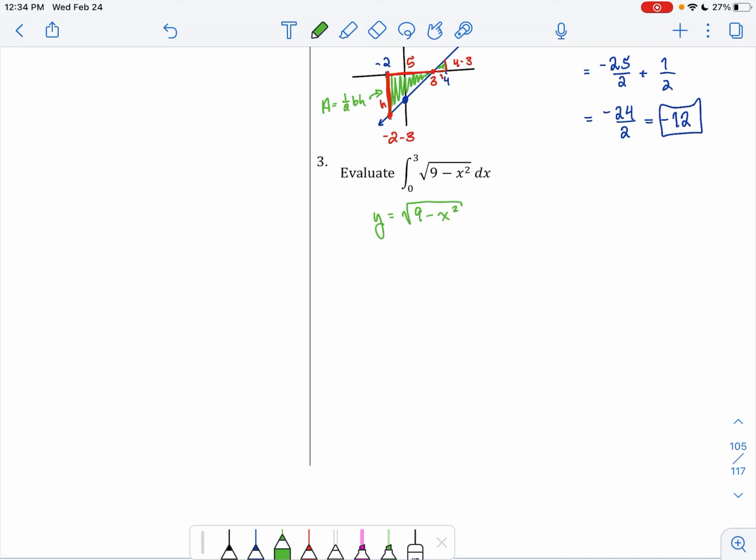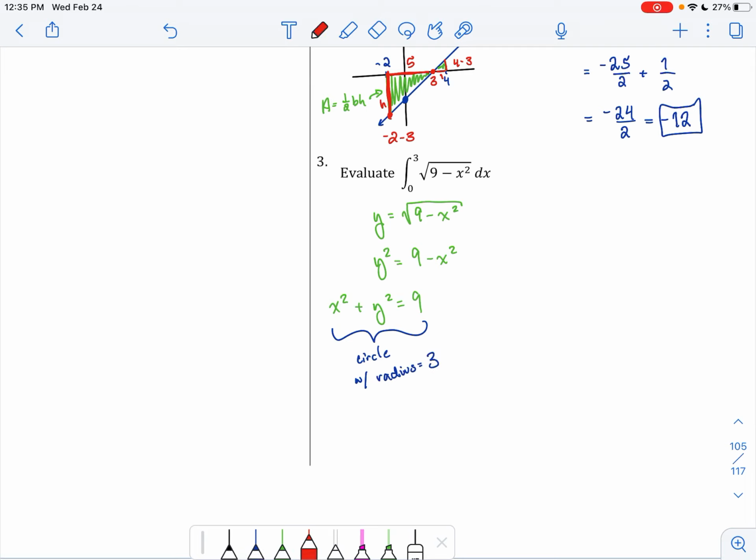Well, if I do a little bit of manipulation, that means that y squared is equal to 9 minus x squared. Add x squared to both sides, and we get this equation, x squared plus y squared is equal to 9. Well, this is a circle with radius